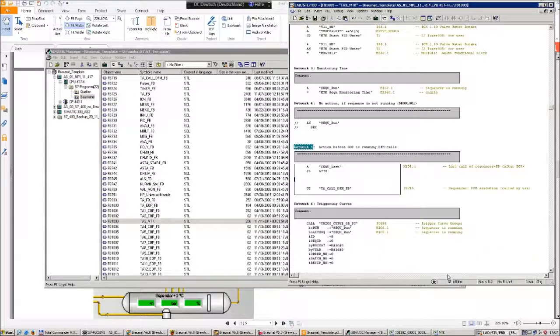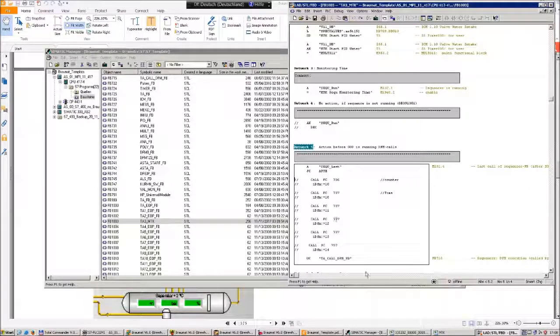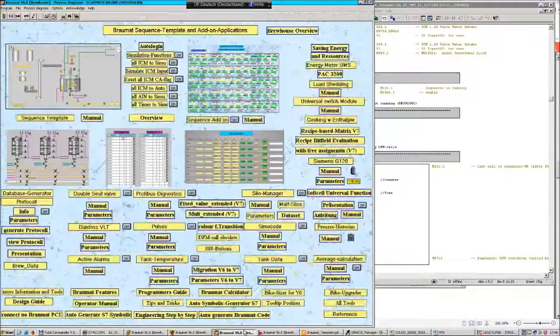You can delete this one, and this call in all FBs ensures that all the DFM is activated when the sequence is running. This is also a hidden function of Braumat, not to call all these DFMs, but only to call FB715 to get this DFM being activated. This is not existing anymore in version 7. What a pity. But there we made an add-on, DFM call obsolete,